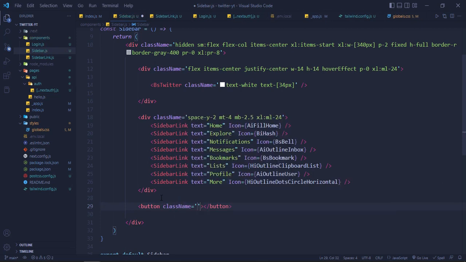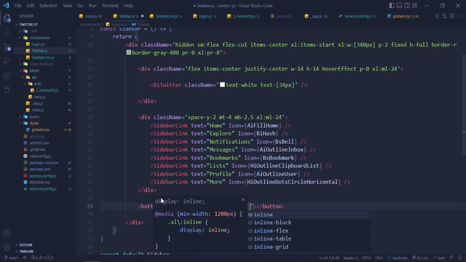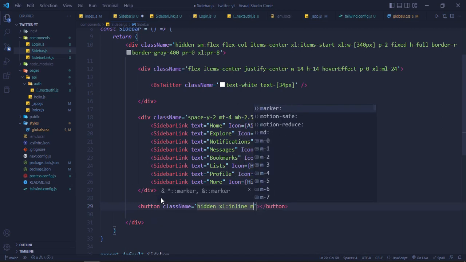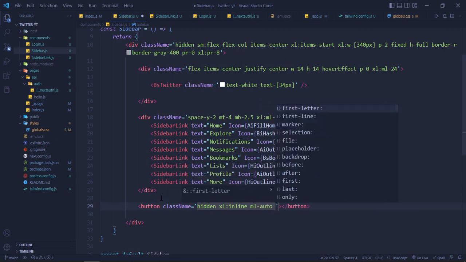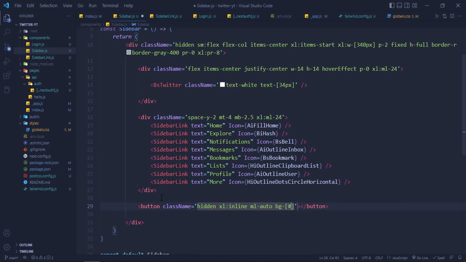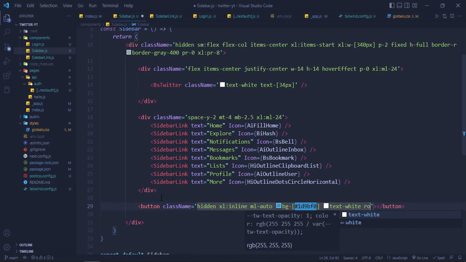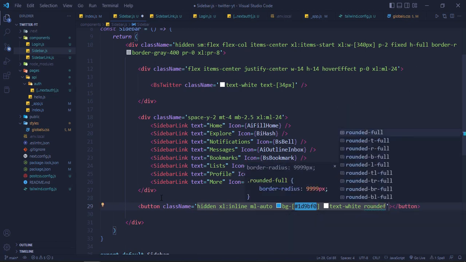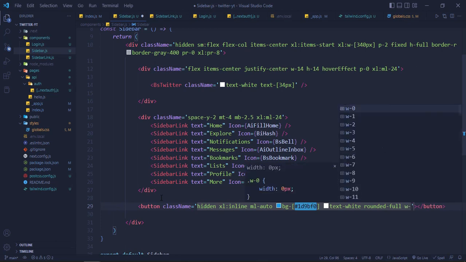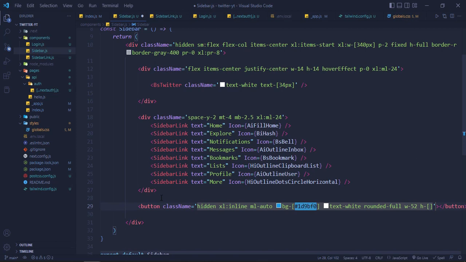We will do class name hidden by default, in XL inline, ml-auto, bg-[#1d9bf0], text-white, rounded-full, width 52 pixels, height 52 pixels,